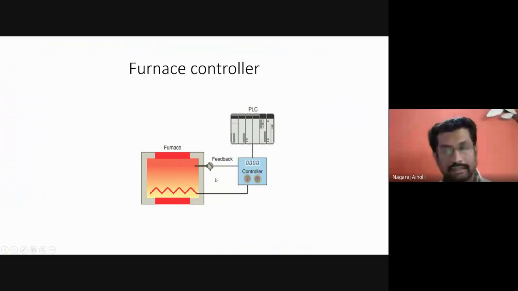Like this, we are monitoring the temperature of the furnace. How are we monitoring it? It is because of the loop here. Again, a feedback loop is used. Whatever temperature is measured by the PLC controller, based on that temperature with respect to the set point value, there is a feedback system here which may apply more temperature or may reduce the temperature of the furnace.